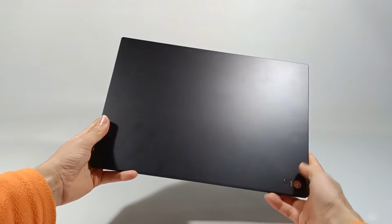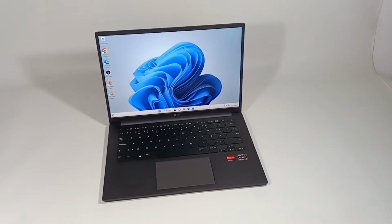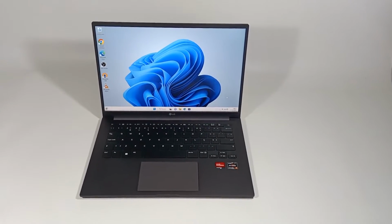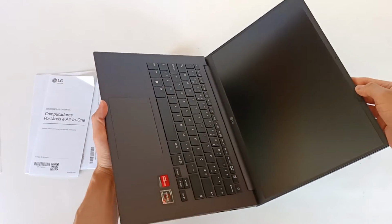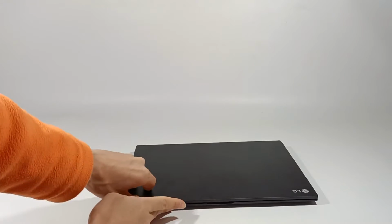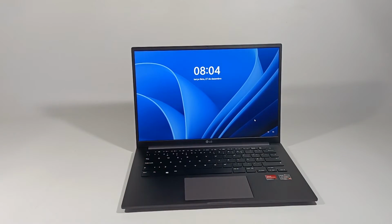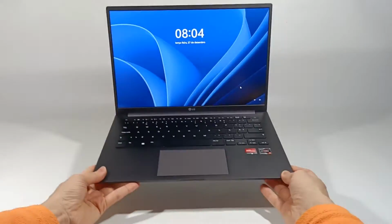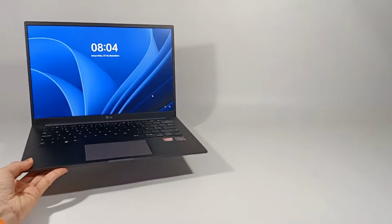This is one of LG's new computers for work, but also good for gaming, the LG UltraPC 14. Previously, I've done the unboxing and showed the computer, we talked about the general specifications, and later I'll do demonstrations. But in this video, I will go into detail on the technology specifications and features of this computer. But take note that this model has a price of